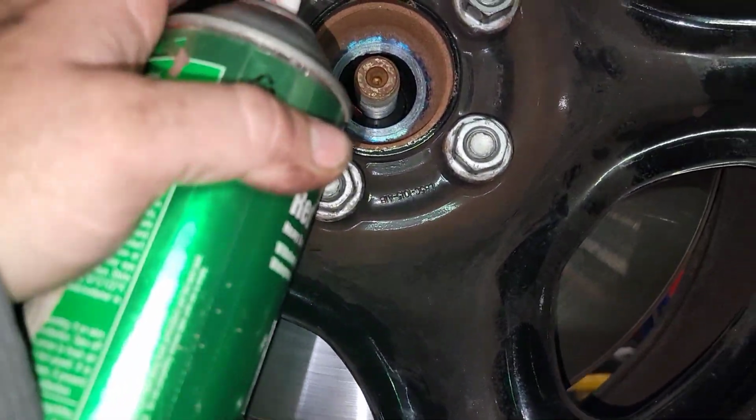All right, now you come over here and spray this now that it's not chunky anymore. Spray it, hold it. And I'll come up here. Now that this is cleaned out, we'll go ahead and